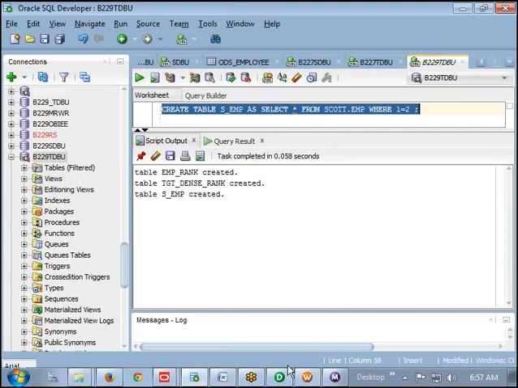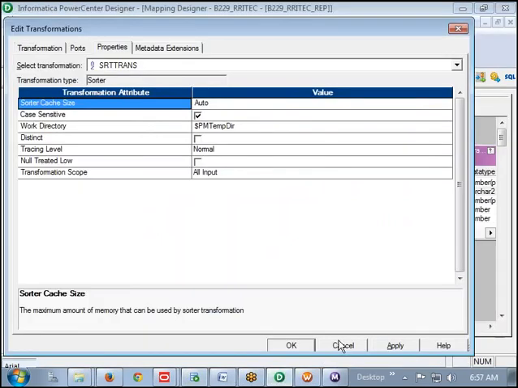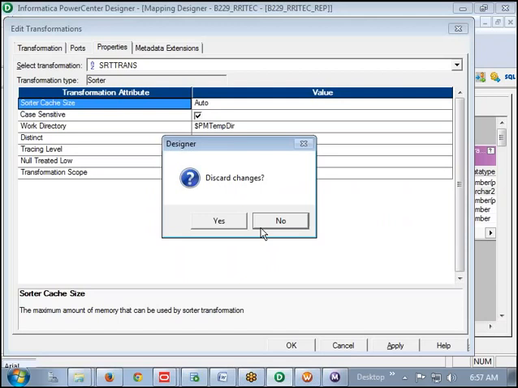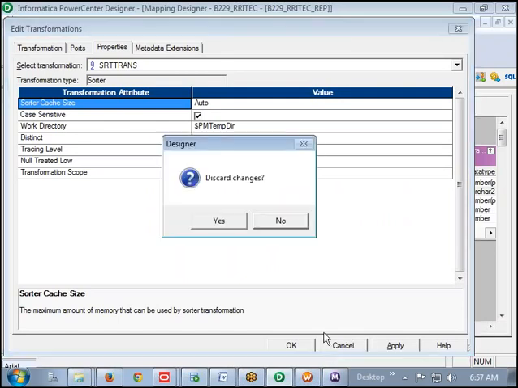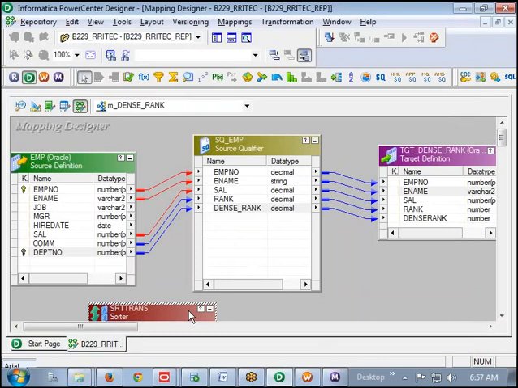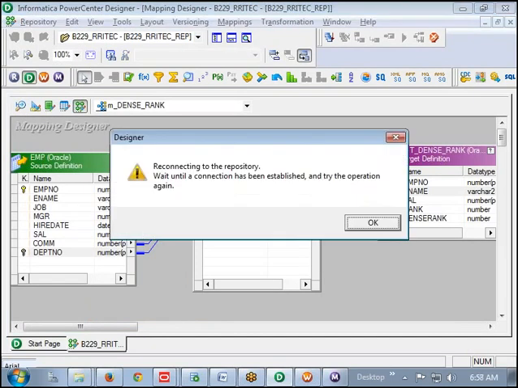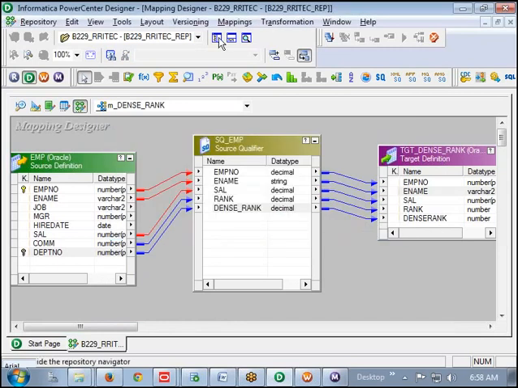Create it. Try to import it as a target. I am deleting the sorter also here. The sorter was just for explanation. Now go for reconnecting to the repository.